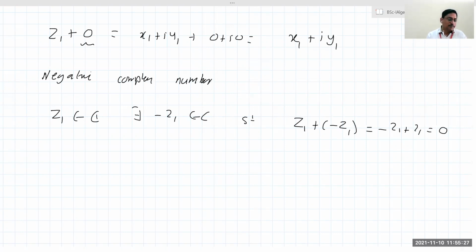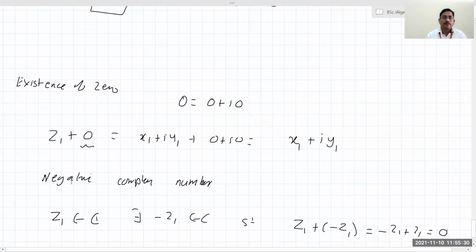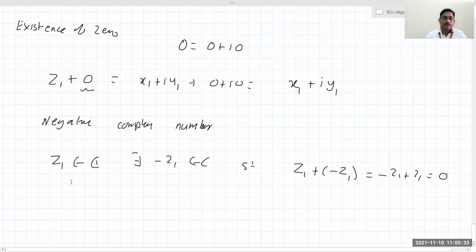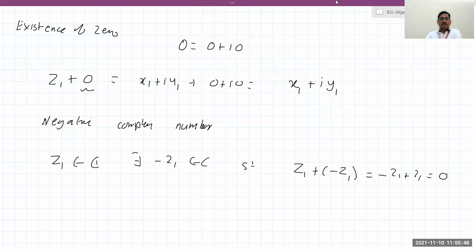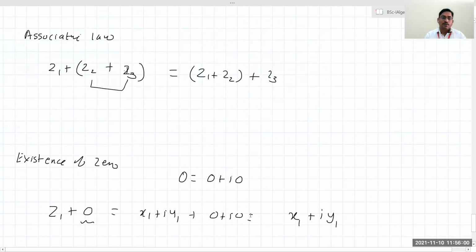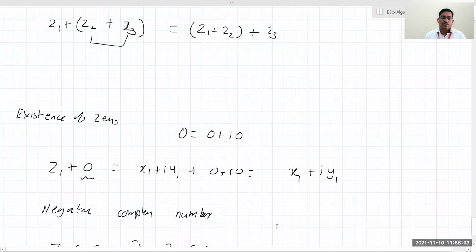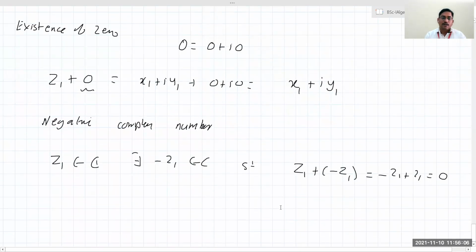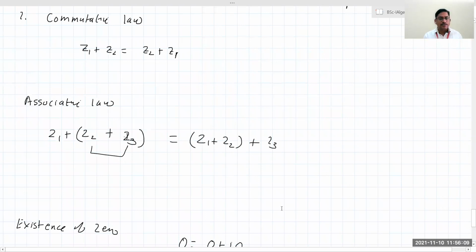Likewise in multiplication also we have to define 5 conditions, and together with them we have to define the distributive law, that is, multiplication distributes over addition. So these 11 laws satisfied by a set make that set a field. The notation field which you used in unit 3 means it satisfies all these 11 conditions, and there are certain sets which satisfy this. The complex numbers also satisfy all those 11 conditions. These are 5 conditions regarding addition and the same 5 regarding multiplication, like the closure law, associative law, existence of identity, which is called 1, then the inverse of a complex number, and one more condition.